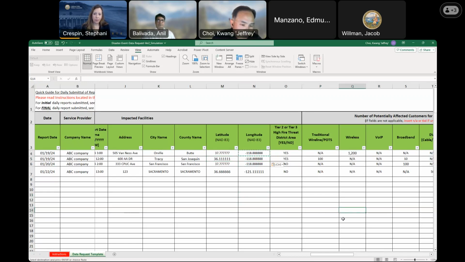And if you don't have any update, what do you think, Anil? Maybe they need to send just a notice that we don't have any update, or still they need to send this template to us.